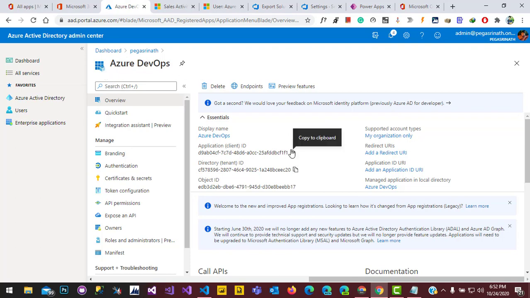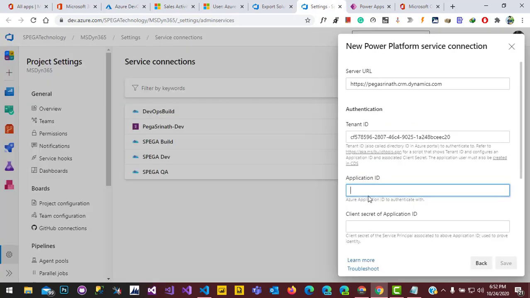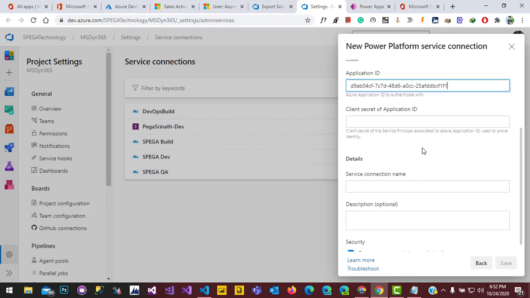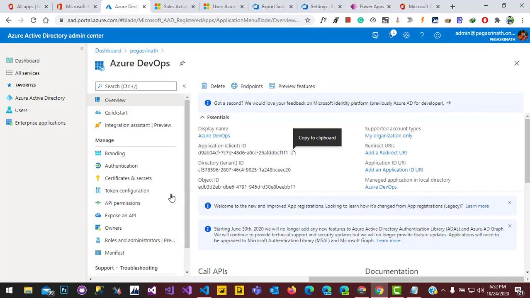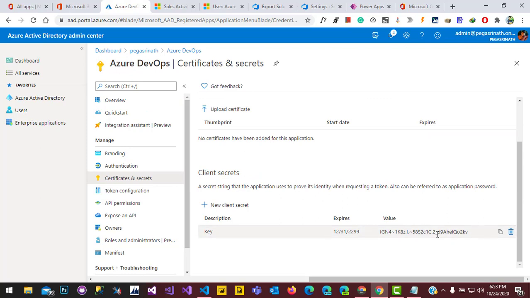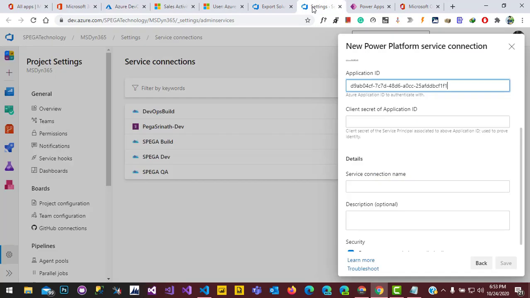So let's copy this, paste here, and now it's asking for the client secret of the application ID. We created a secret key for this application, under certificates and secrets. So copy this, and paste here, and it's asking for the name of this service connection.